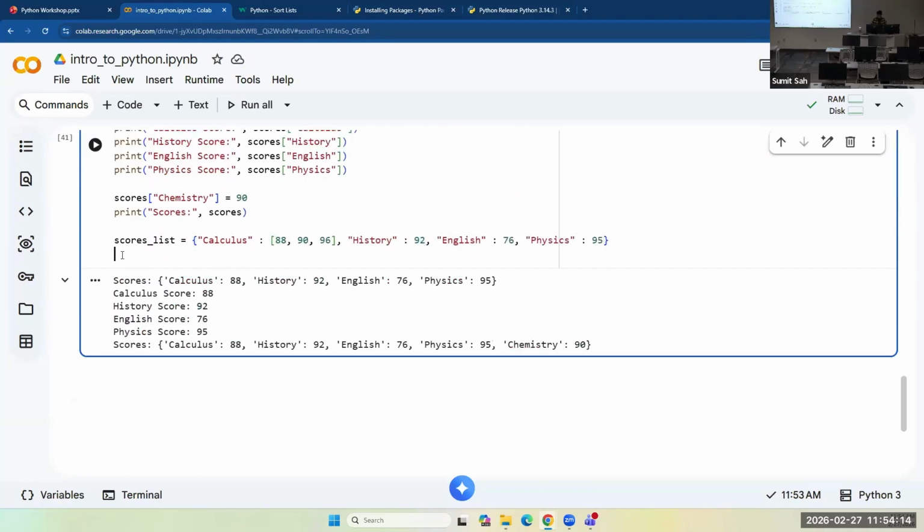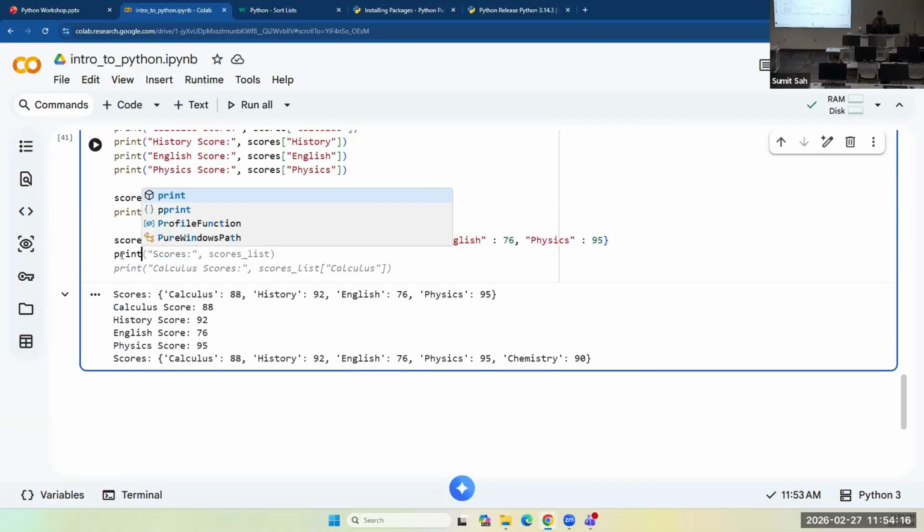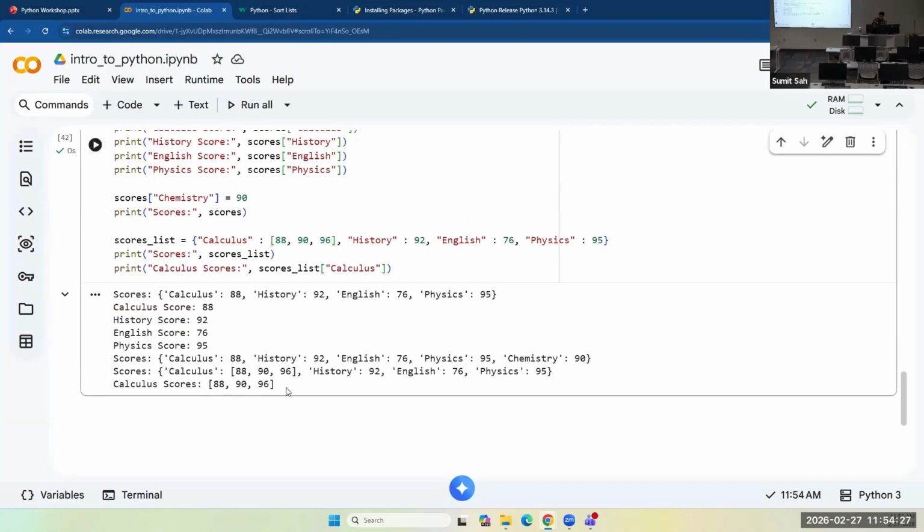Similarly, if I print the course list, now calculus is mapped to a list, so it should print out a list.